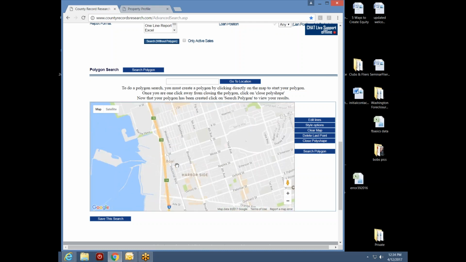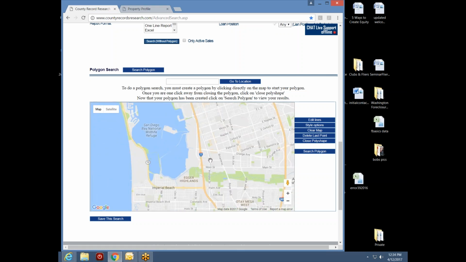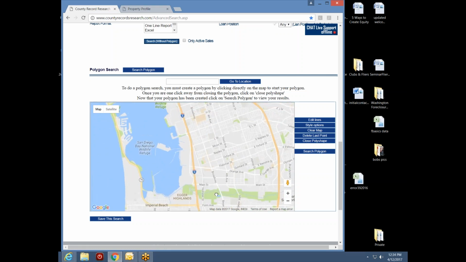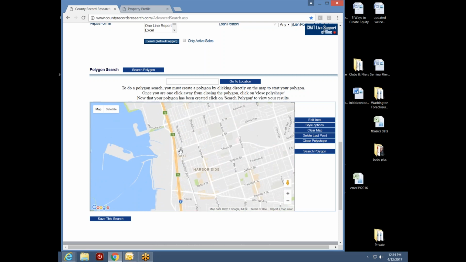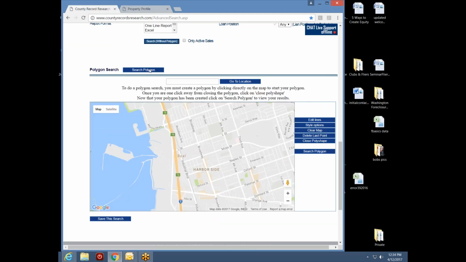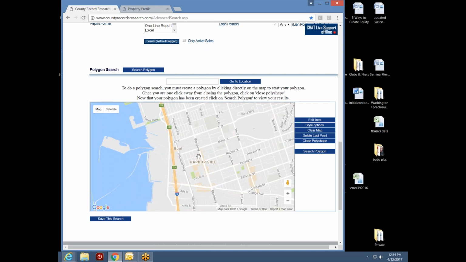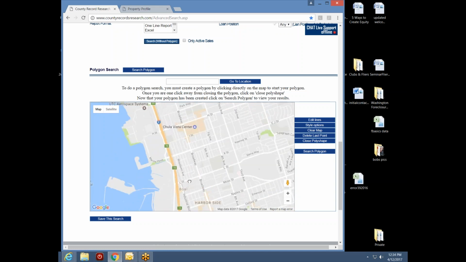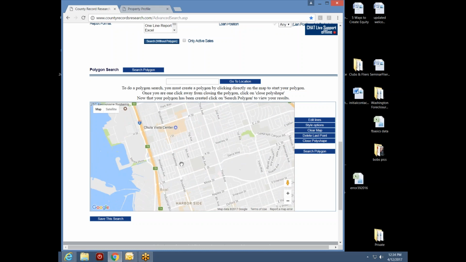Okay, so let's see what we got here. I'm looking at this very same area. There's L Street, right? And there's L Street. So she's right above L Street, below the 54. Right above L Street, but below the 54.